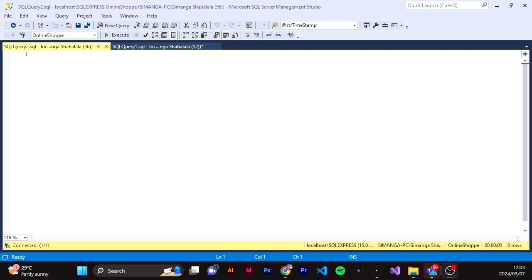So for example, we can declare a variable, declare @employee_ID, let's say as an integer, and then I'm just gonna have employee ID. So this is just an example employee ID, and then we can also